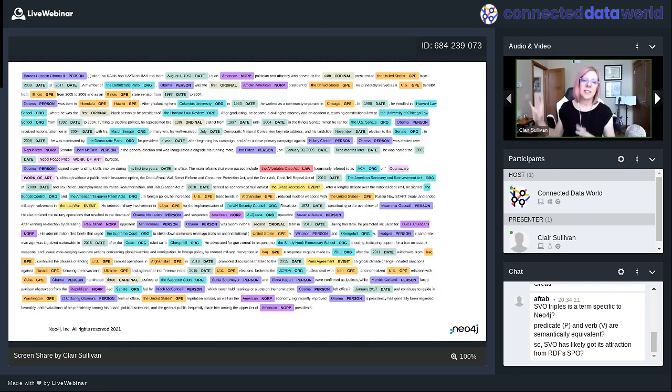Then we've got the cyan bubbles, and those are organizations. So for instance, I see the Democratic Party, the University of Chicago Law School, etc. So spaCy is capable of detecting what these entities are. There are dates in here as well, in a mint green color. Okay, so that's going to be really helpful as we start this process of NLP.